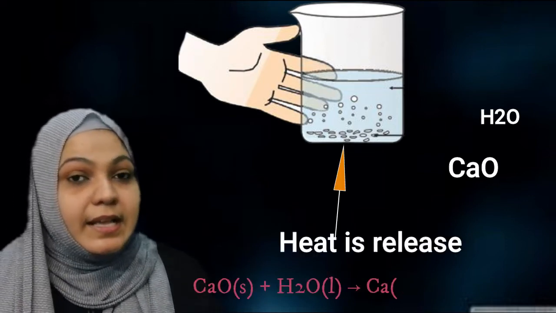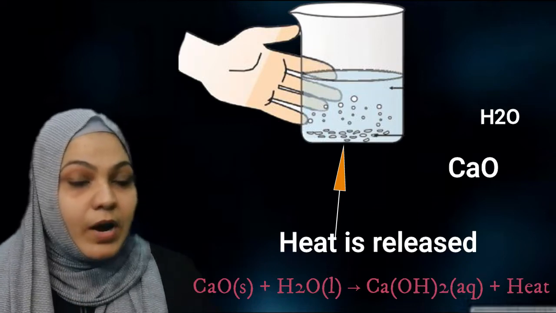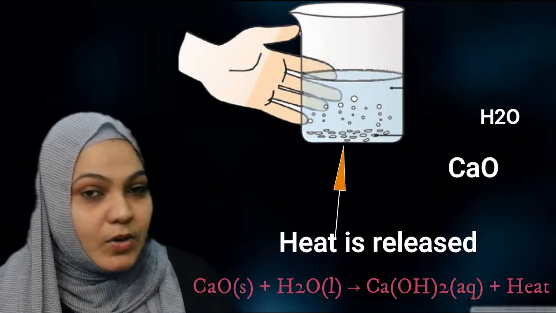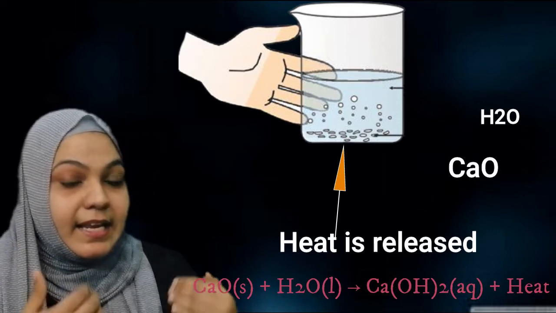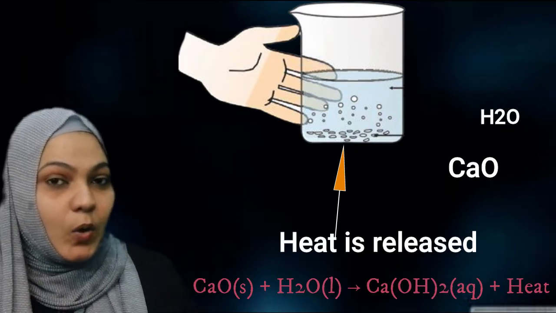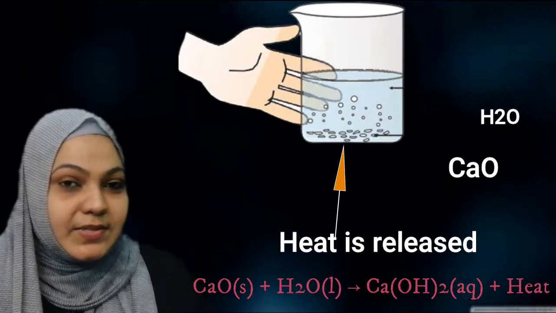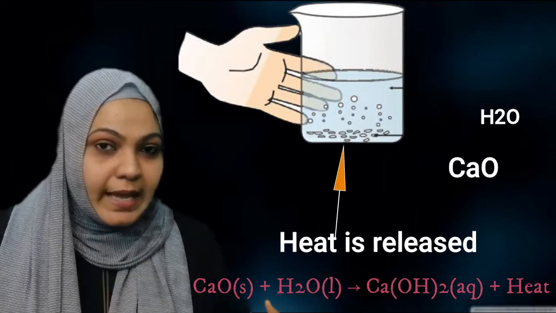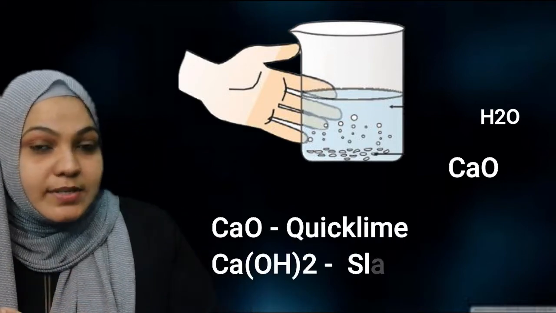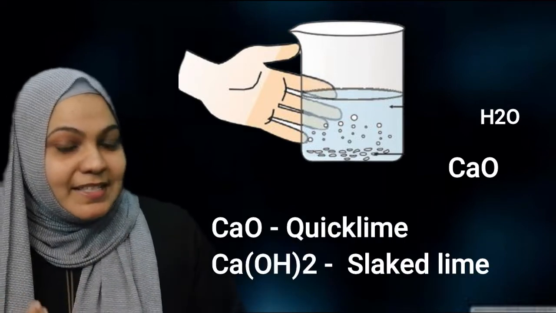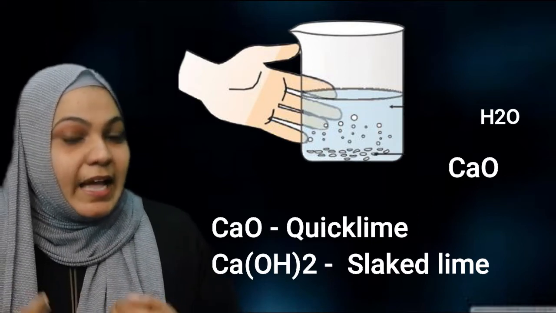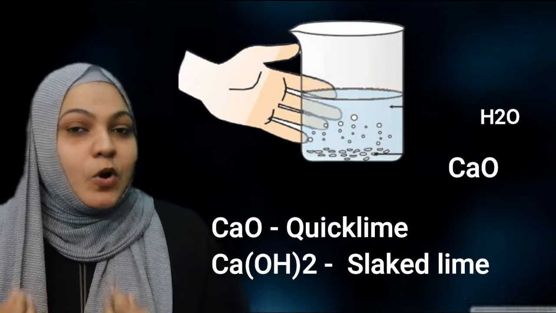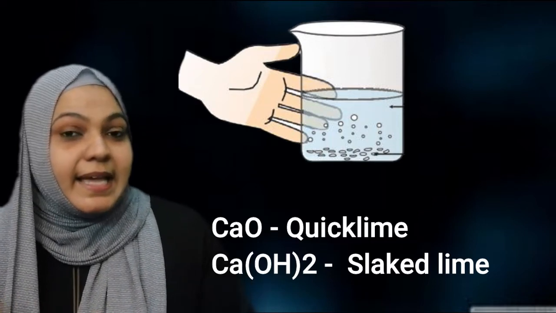So in this reaction, calcium oxide and water combine to form a single product, that is calcium hydroxide. I will repeat again. Here on the left hand side you can see CaO plus H2O gives Ca(OH)2. The common name for calcium oxide is quicklime. The common name for calcium hydroxide is slaked lime. Don't confuse, my dears, because you can expect this question in MCQs. I will repeat again. Common name for CaO, that is calcium oxide, is quicklime. Common name for Ca(OH)2, that is calcium hydroxide,